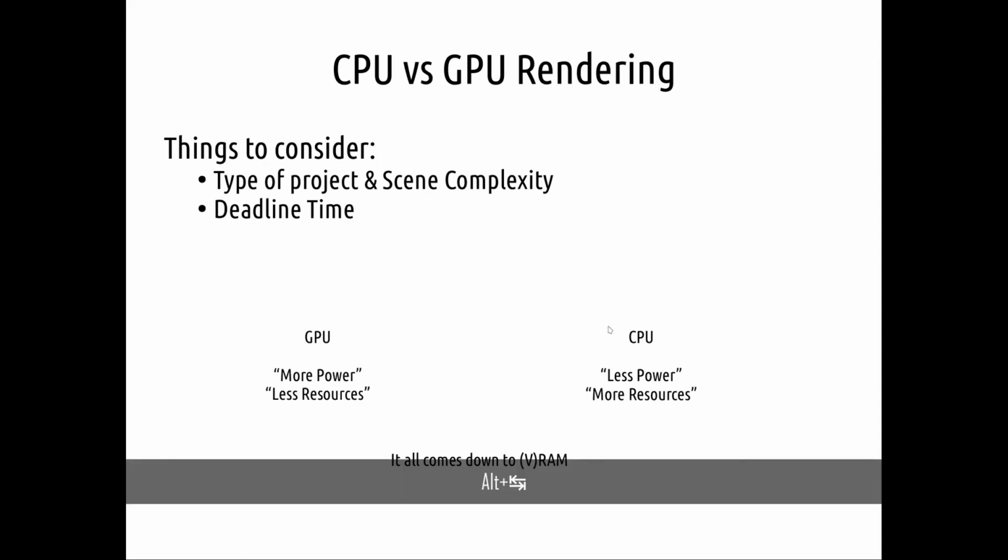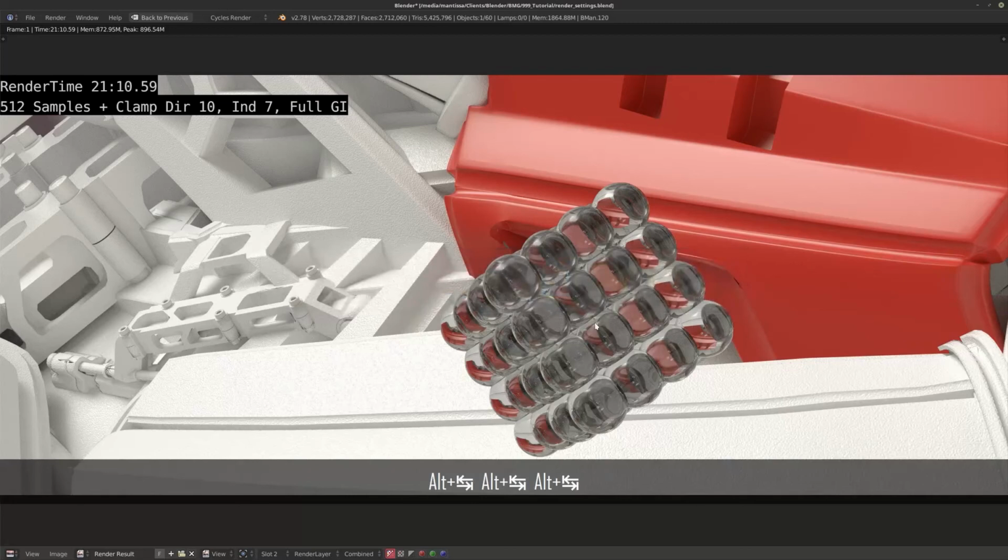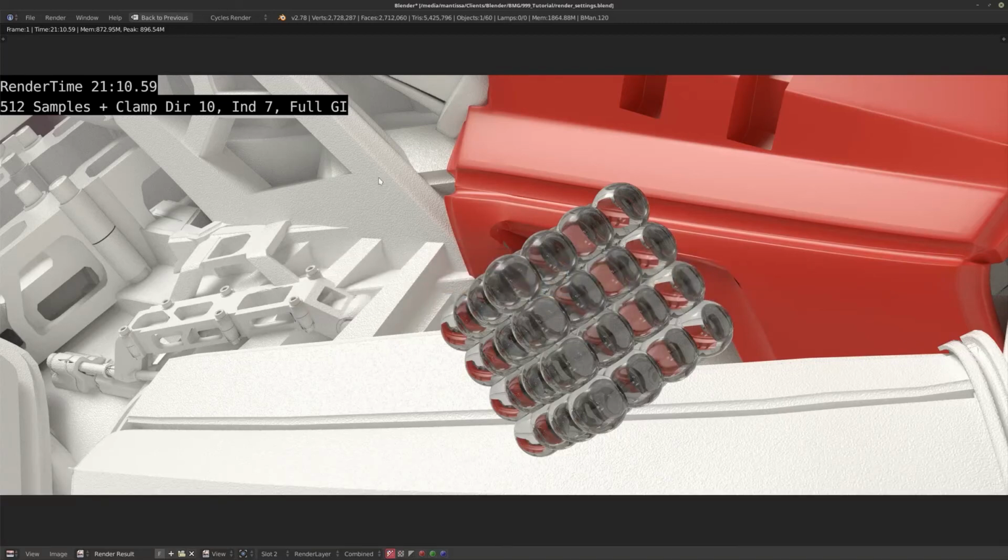So I just wanted to sort of break through what some people say with this by saying it doesn't really matter what you use. If you're just rendering stills and you can leave them on overnight, then, you know, if you can do it on CPU and render it on CPU, you're probably going to be using a bit less power as well with your computer plugged into the wall. So those are things to consider too.